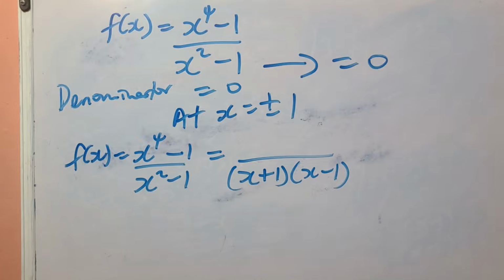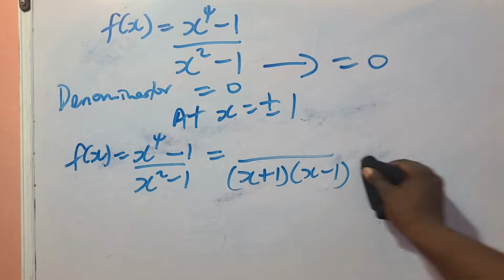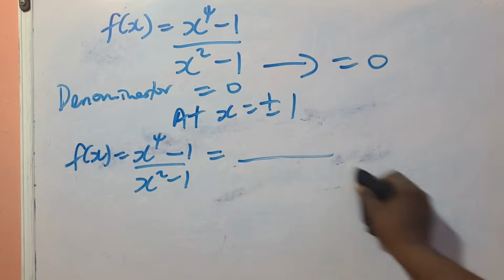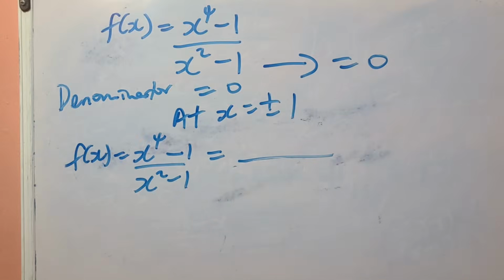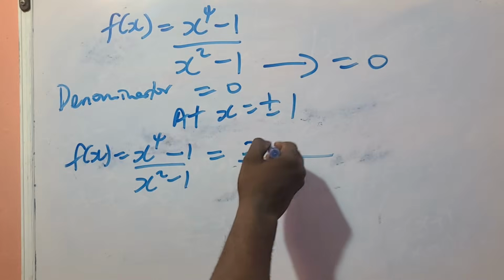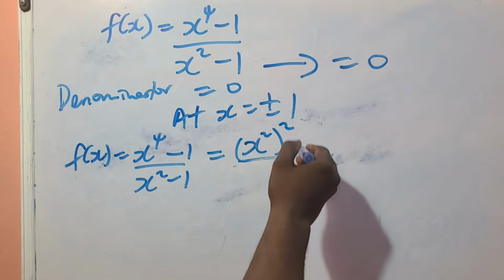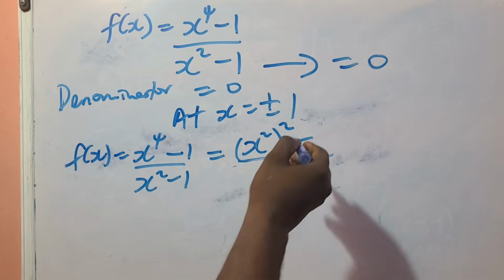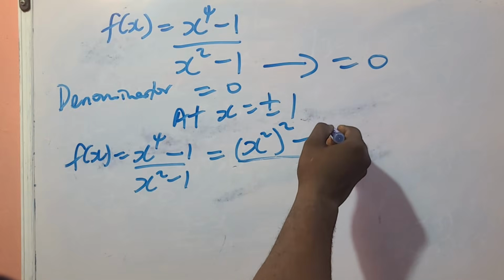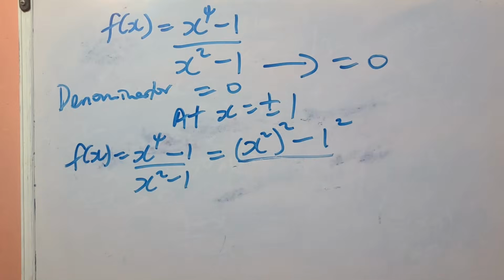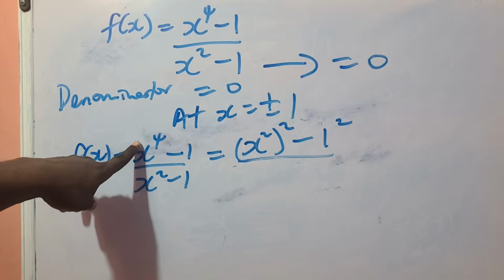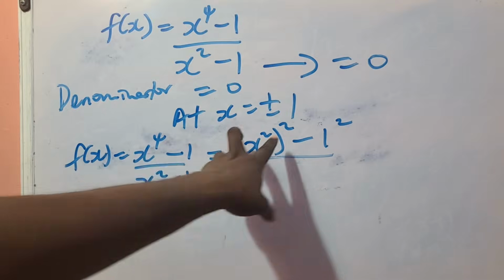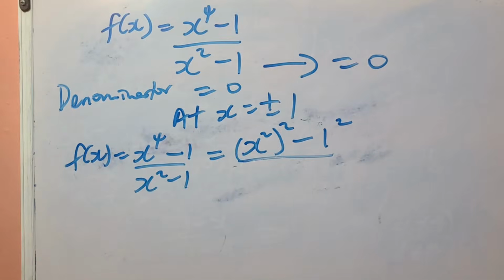Or we don't even need to express that denominator. We just need to express the numerator. Numerator can also be expressed as difference of 2 squares. What we have is x squared minus 1 squared. If you can understand what's going on here, this is also a possibility under difference of 2 squares. So the final answer here will be